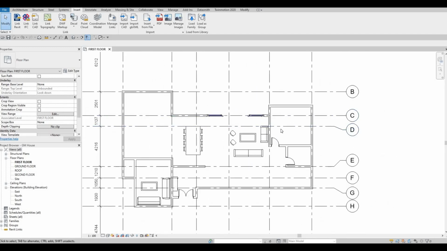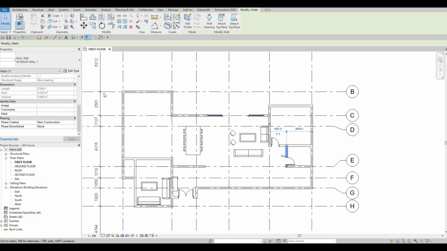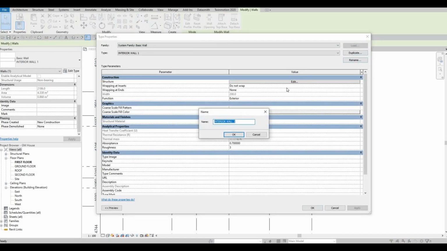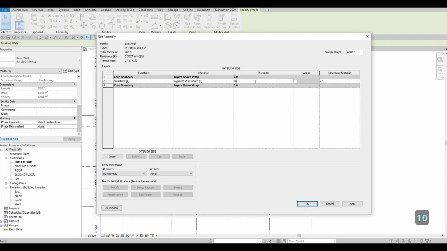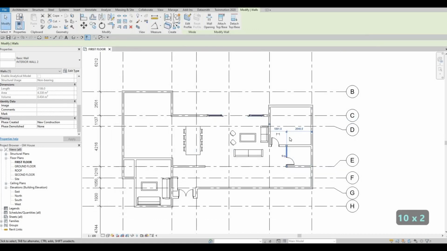And here, we're going to add the bedroom first instead, so that we'll be able to plan everything ahead. Here, I'm going to select an interior wall. I'm going to edit this and duplicate. This will be interior wall number 2, but we're going to change the thickness to 100 because we're going to add in